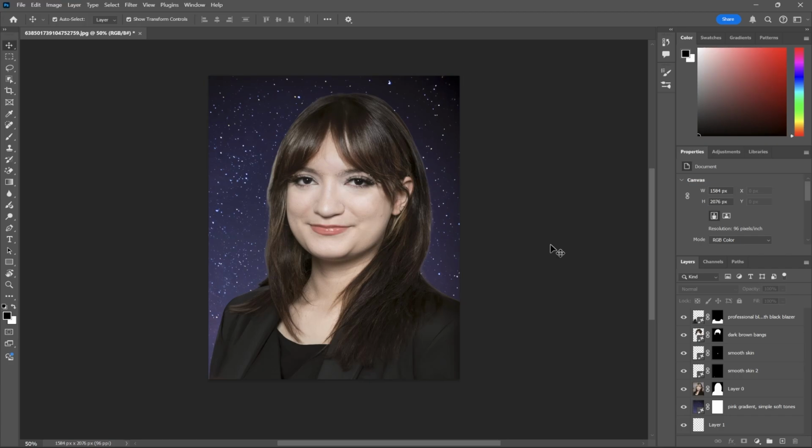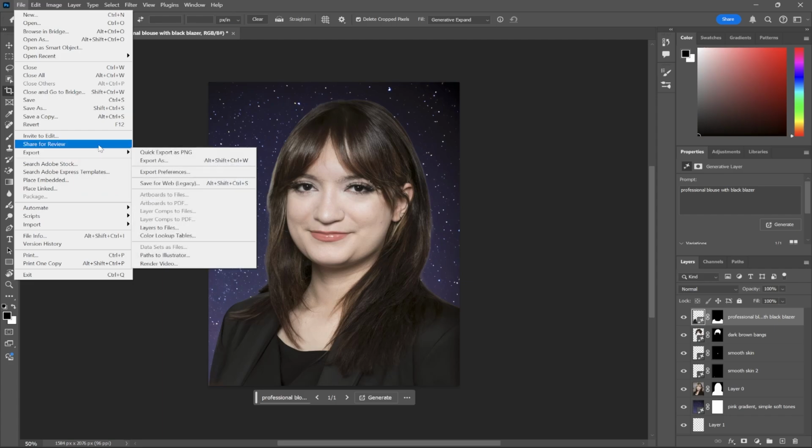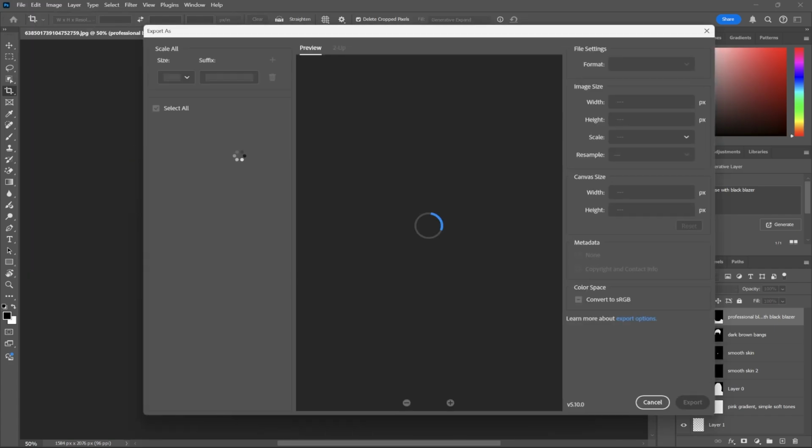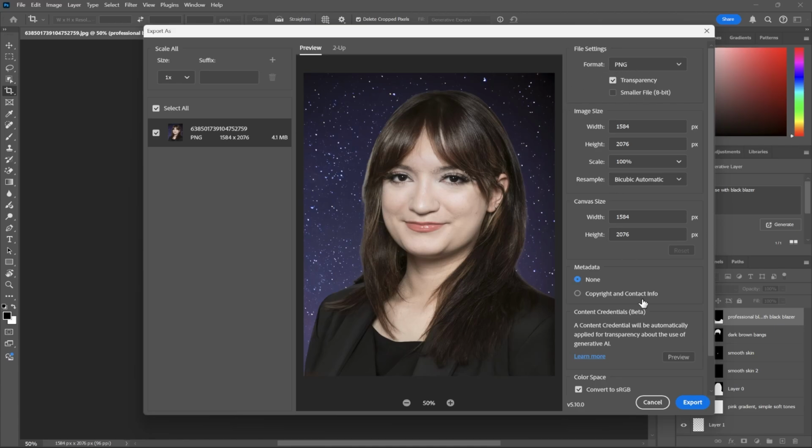So I'm going to be using this photo for future references. So I'm going to go to File, I'm going to go to Export, I'm going to hit Export As, and because I want this to be an image format, I'm just going to export it as a PNG. And once I hit export, I'm just going to choose whatever folder I want it to save at, and now I have my photo ready.